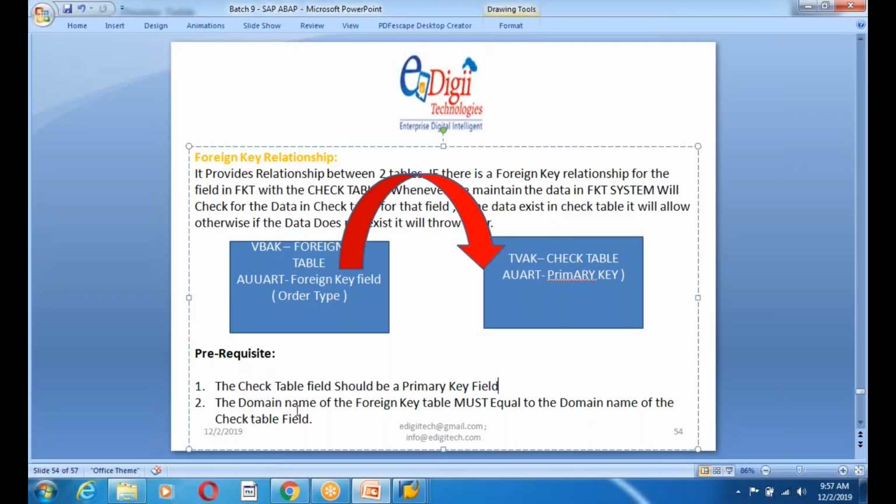The domain name of the foreign key field in the foreign key table must equal the domain name of the check table's primary key field.